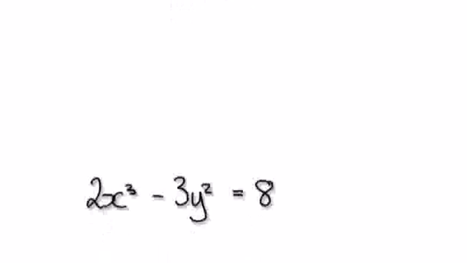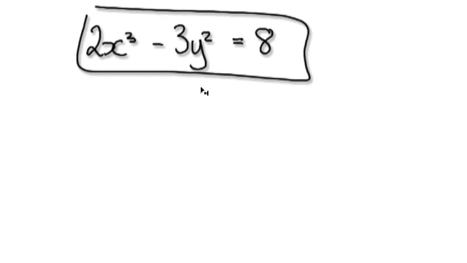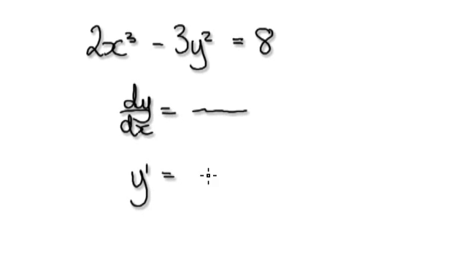Now we're going to try and find out the second derivative of an implicit equation. So pretty much the same as the first derivative, but you differentiate it twice. Normally to find out the first derivative, you would just differentiate this thing as normal. So your aim is to get it to dy by dx equals something, or another notation is y prime equals